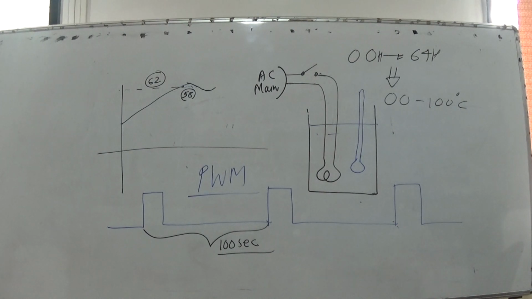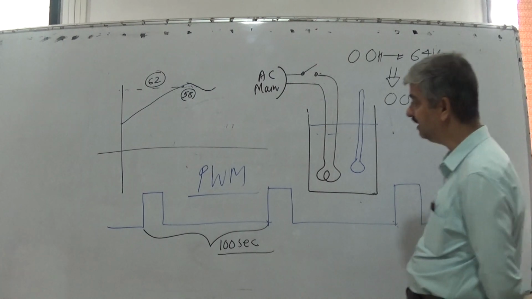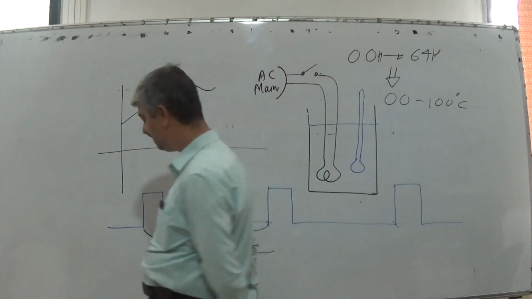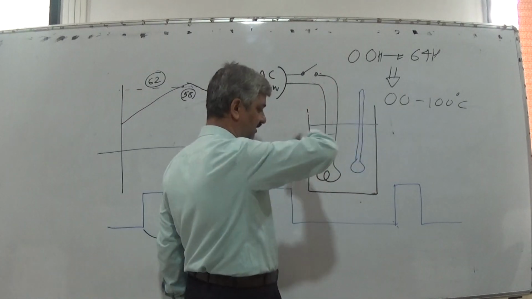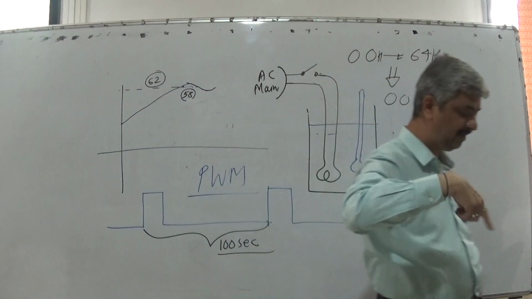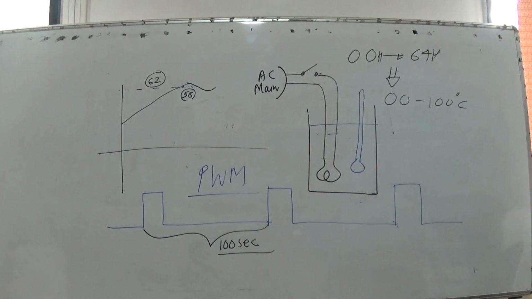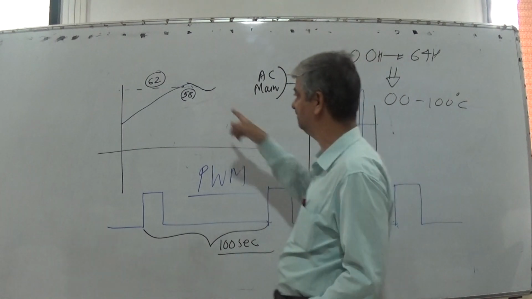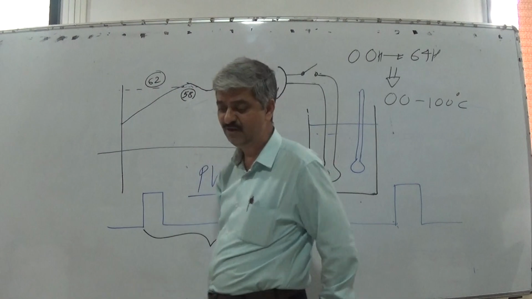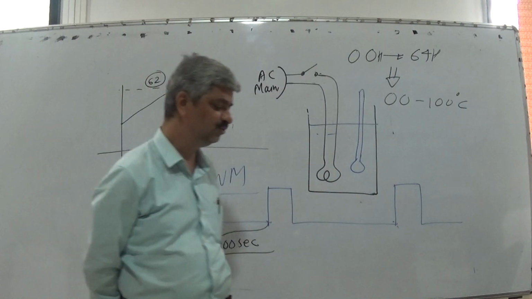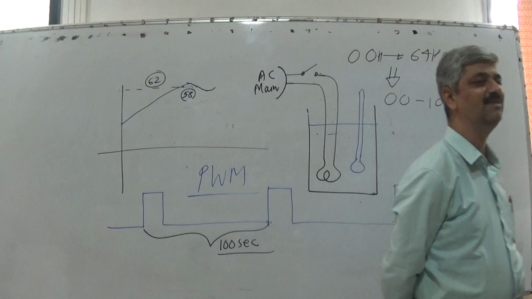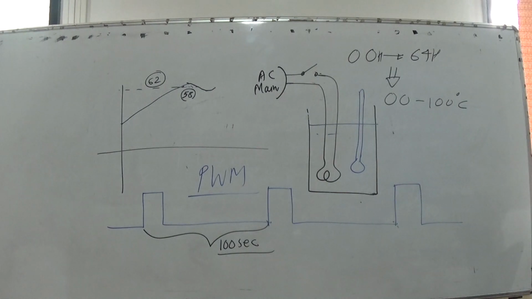Then if I do it, what I will find is that for a given system, I will be able to find that exact duty cycle which will keep the temperature approximately constant around 60. I will not claim that it will be exactly 60, but this 62 to 58 range will be certainly narrowed down to say 60.1 and 59.9, which is much more comfortable.